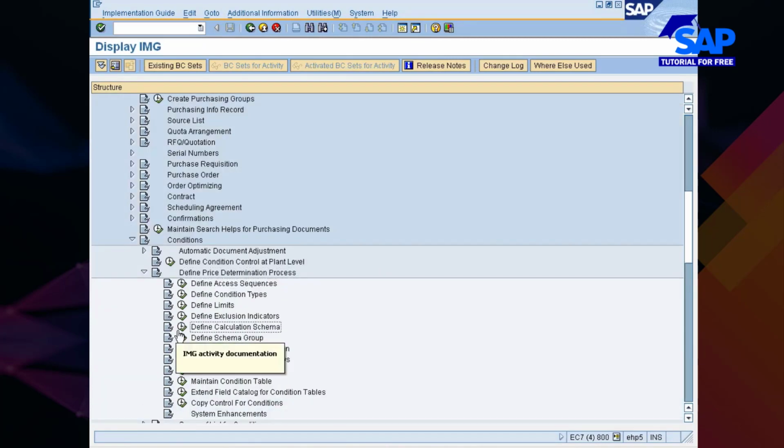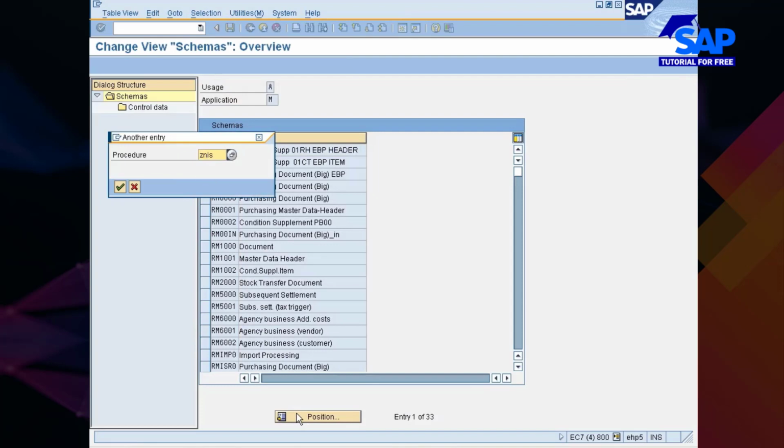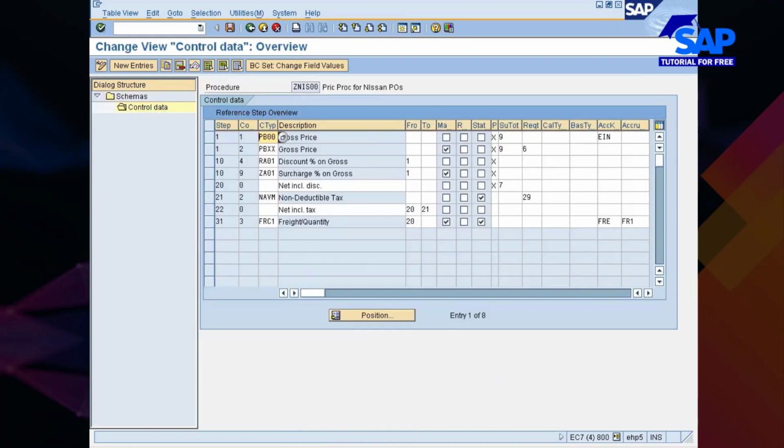You see here, define calculation schema. When you are here, you go to your GNIS 00. If you go into here, you see requirement routine, calculation type.